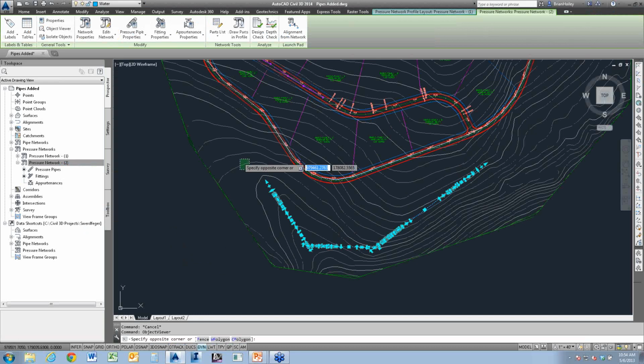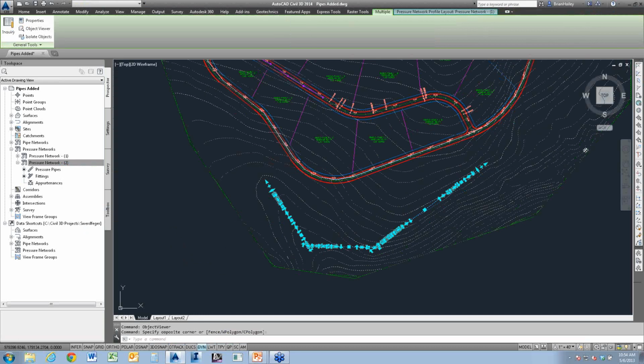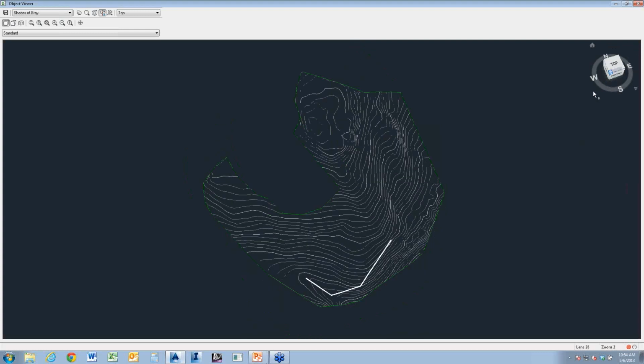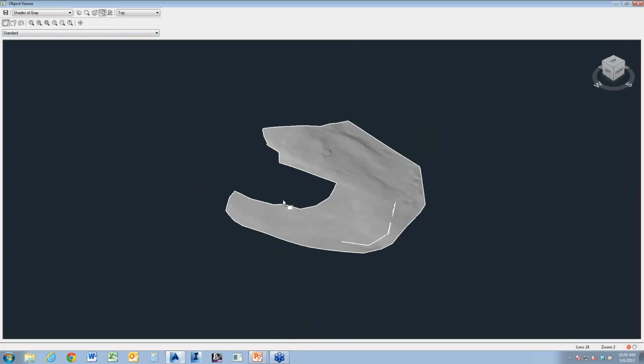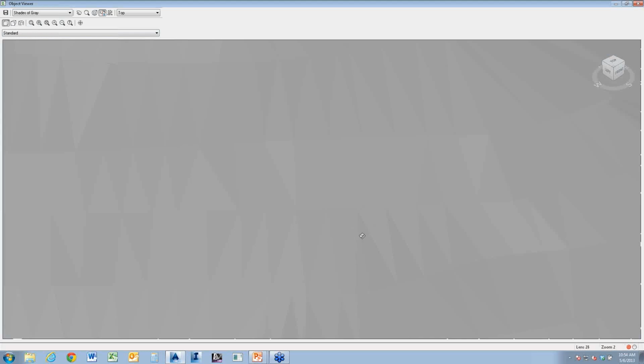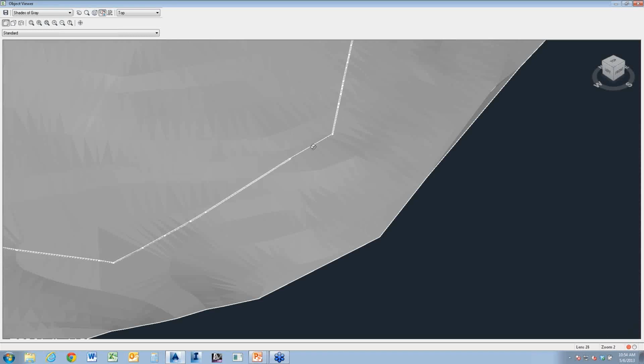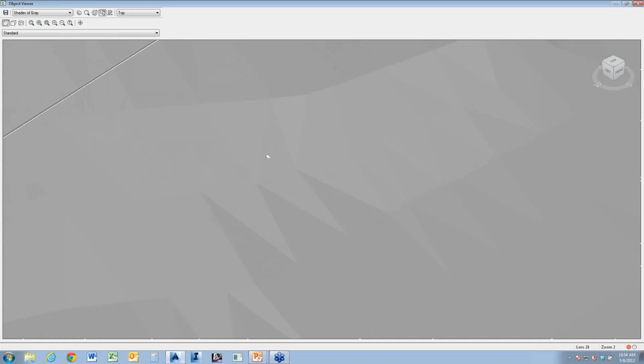Let's grab the surface as well. So that's close. Like I said, I deleted all those vertices through there, but there you go.